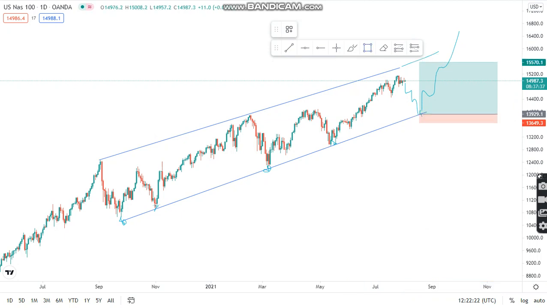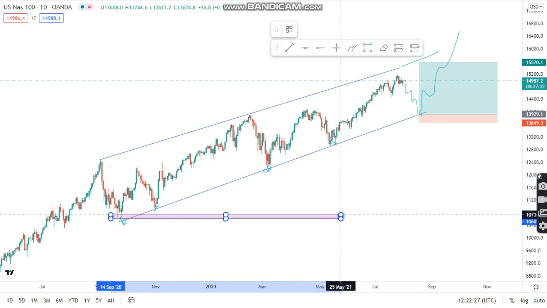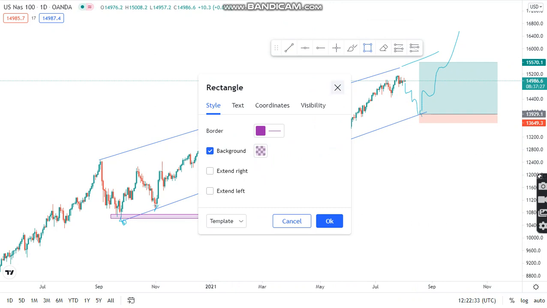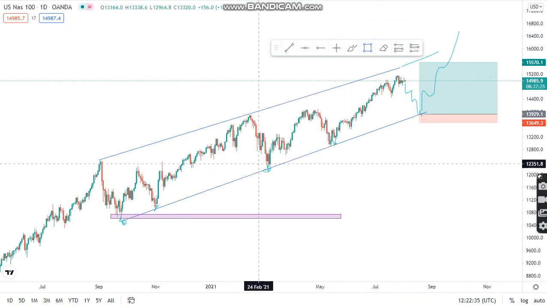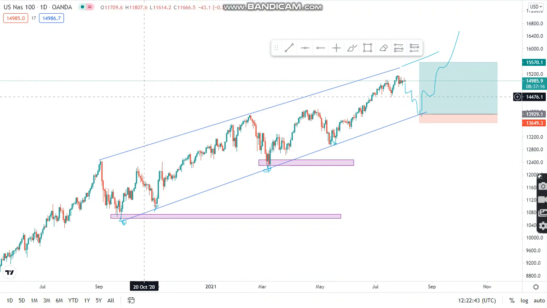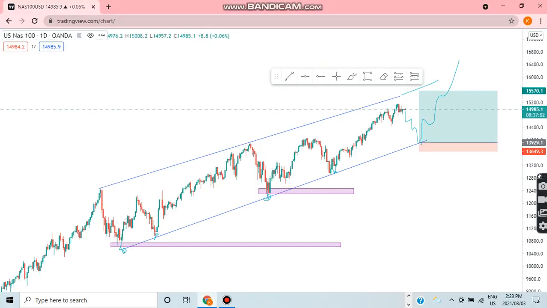So here is the rectangle. Okay, this rectangle I can use like this to draw my support and resistance. Okay, I can use it like this. See, so as long as you are having a clean chart, everything is going to work for you guys. So when you want to switch to your time frames, it is quite easy. Even that one, it is quite easy. So as long as you have managed to add them, then you're not going to have any problem, guys. Okay, so I think